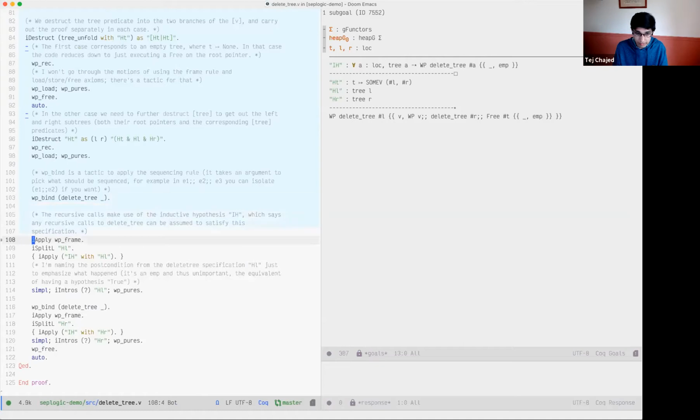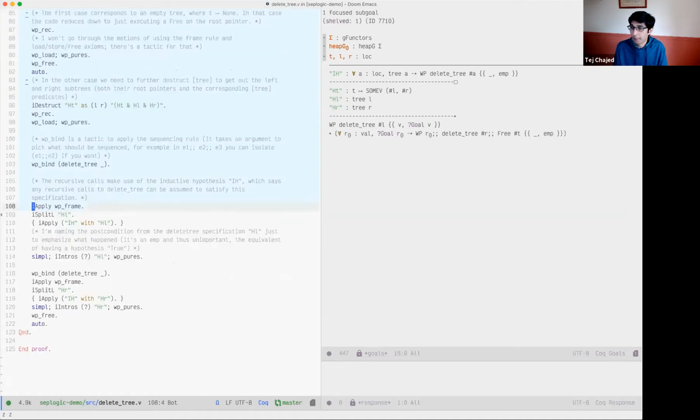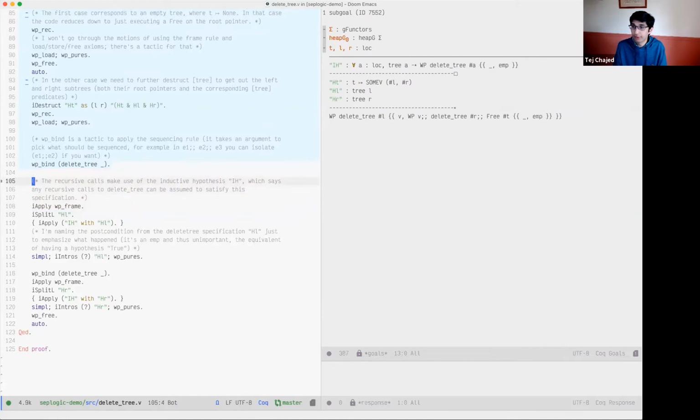I've done this a little bit explicitly, but what I'm going to do here is just appeal to this intuition that when we apply the DeleteTree specification recursively,